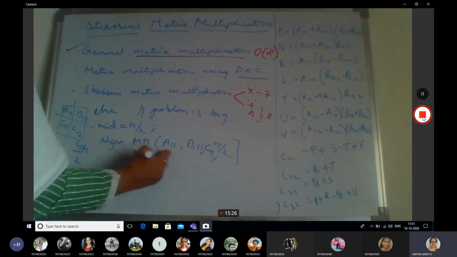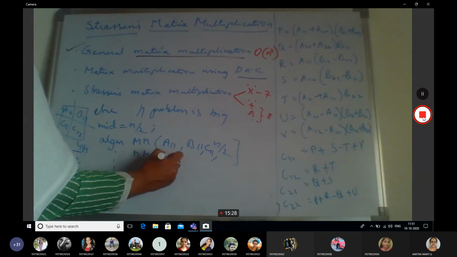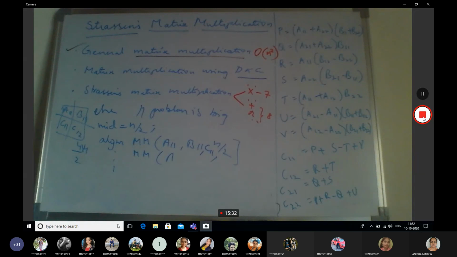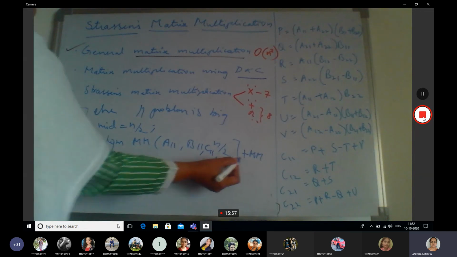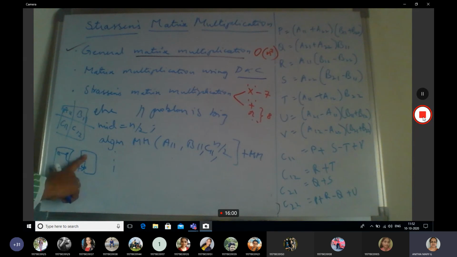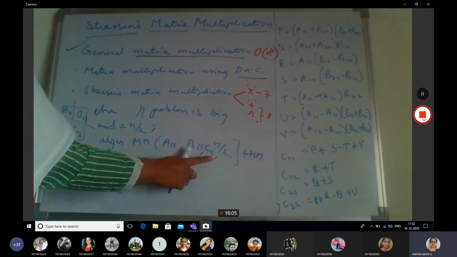So matrix multiplication for C11. Here also you need to write matrix multiplication, summation of. See, when you are writing matrix multiplication, it is one row into one column, right? So this value into this, plus this value into this one, yes or no? So that is the plus we are taking. A11 into B11. Okay, so these values we are taking, and the resultant should go into C11 with n by 2.